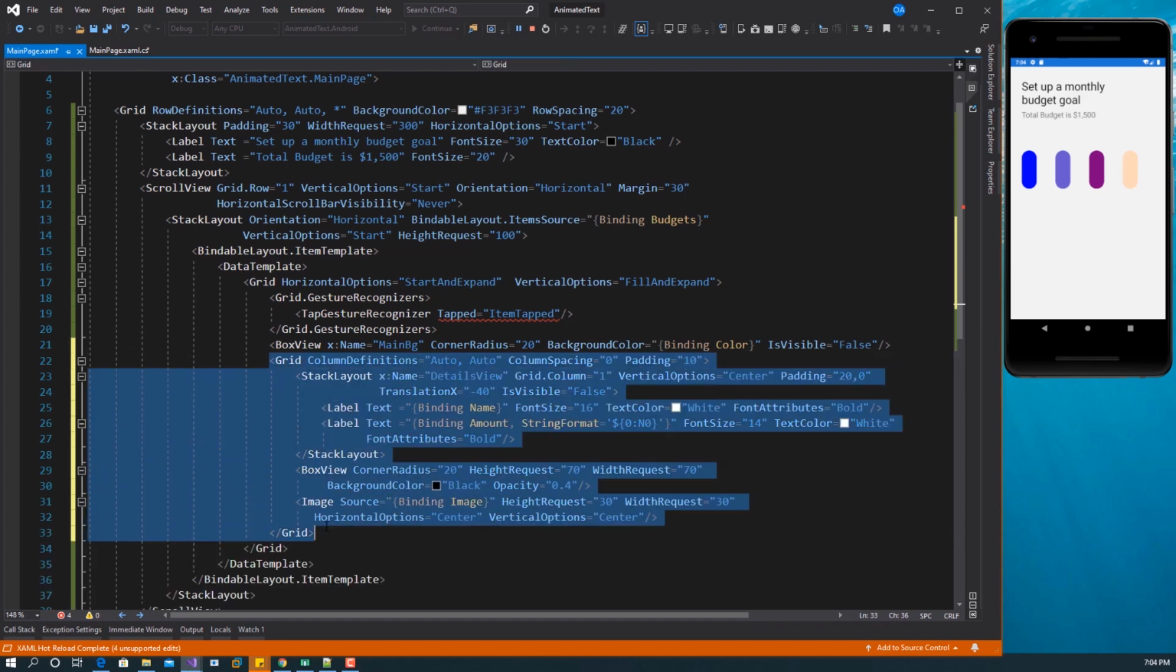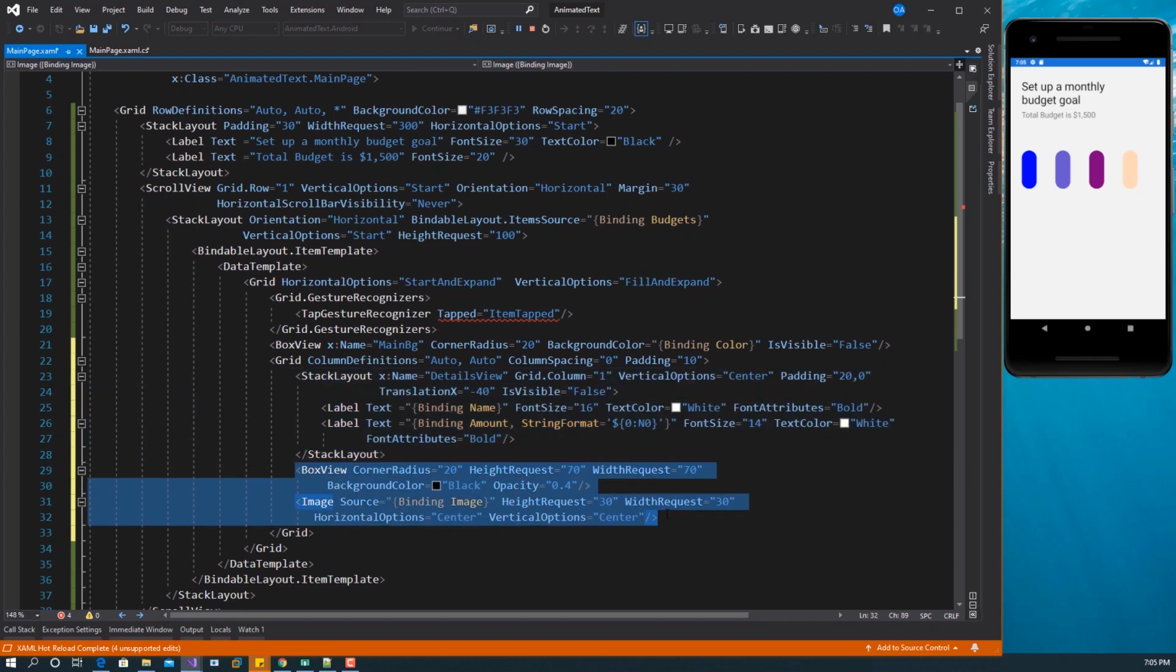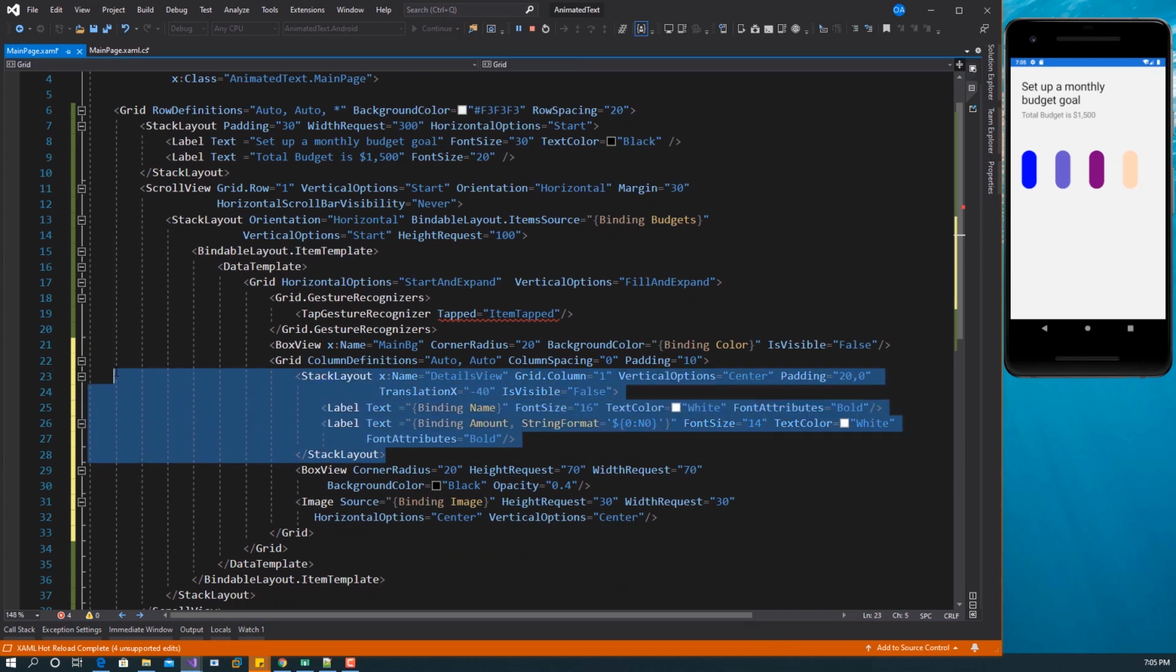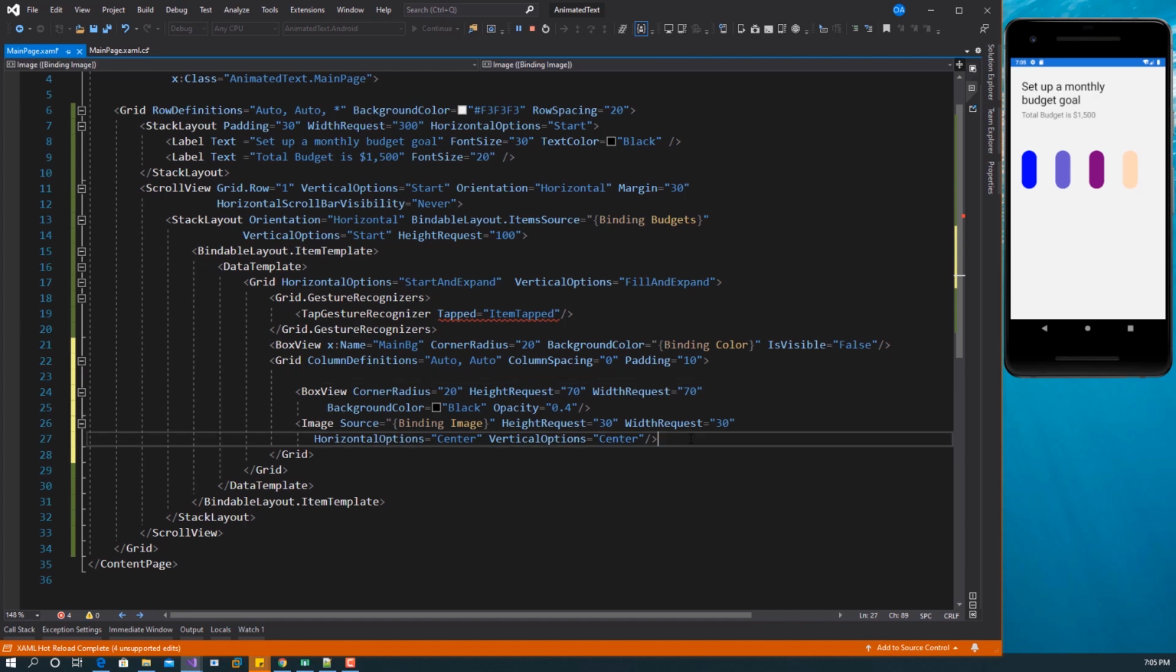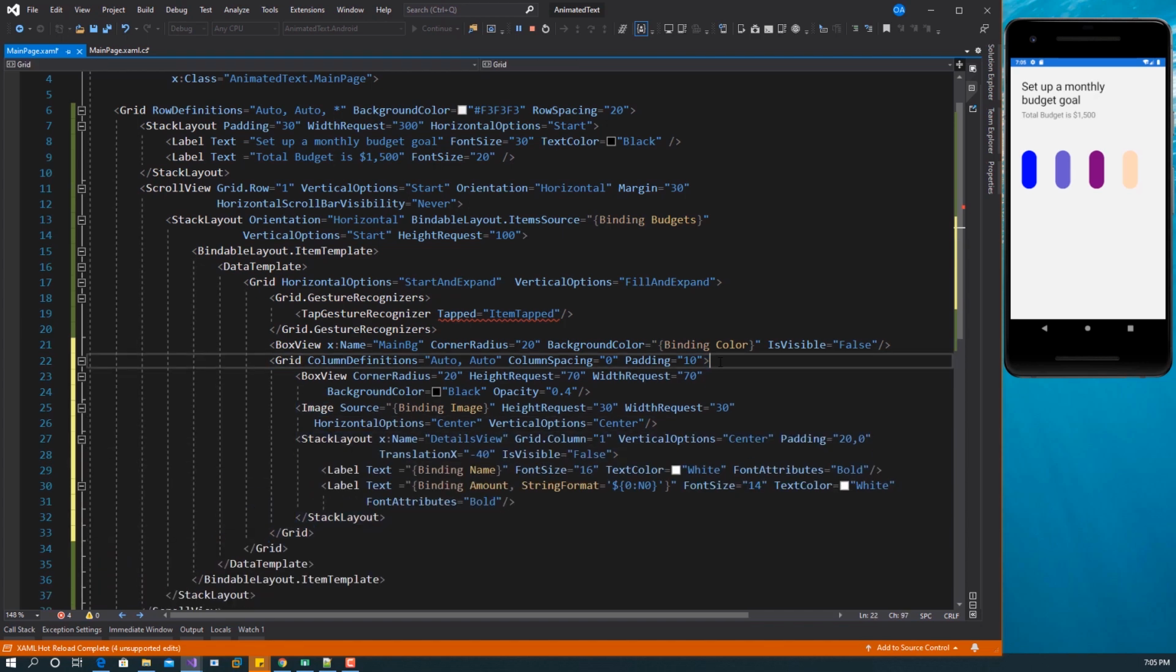So next we have a grid. Now in this grid we have a stack layout. Now looking at this, the grid has two columns. This stack layout is in the second column, and this box view and this image, they are in the first column. So normally you'll be expecting that I have this at the second part here, just after this. Normally you should expect something like this, but I am doing it the other way around because of the way